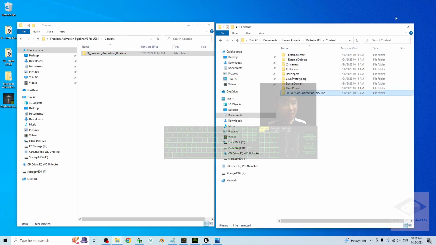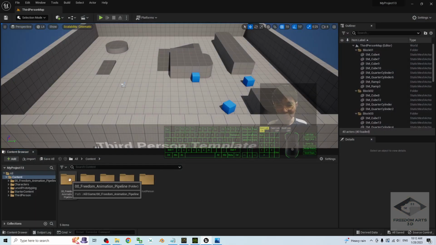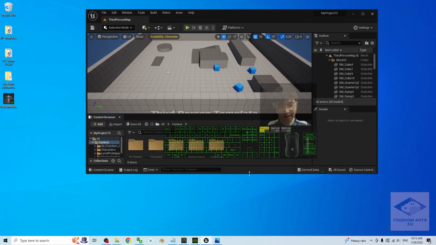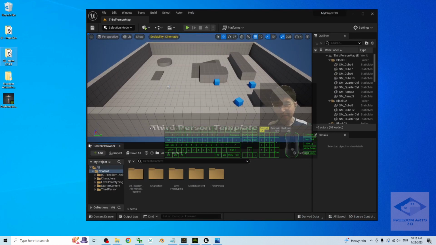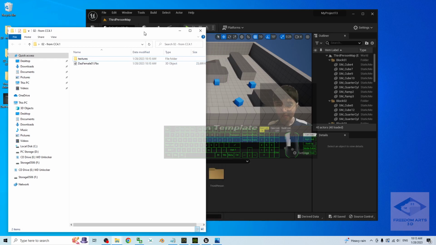Once done already, you can close the folder. Back to your Unreal Engine 5.1 game project, you should be able to see the Freedom Animation Pipeline already here. If you double click it, you can see the UE4 A-pose mannequin of this. Do not delete anything from here, just keep it there. These are the assets that I already created for you, and I'm going to show you how to use them. But not everything, for this tutorial, I will show you how to import the Daz Genesis 8.1 3D avatar